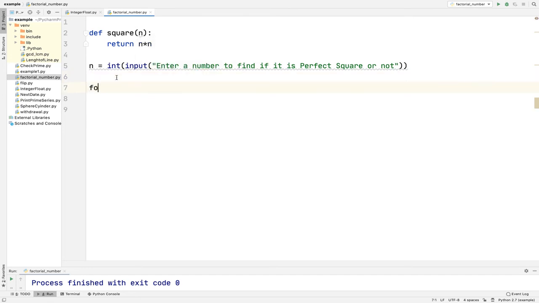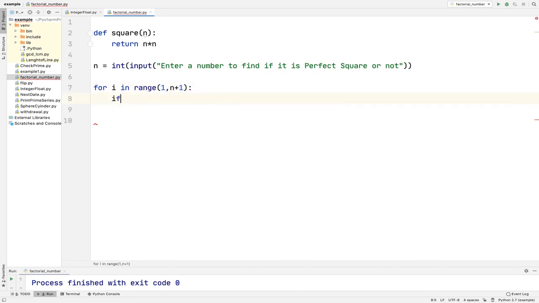Now how we will proceed? We will write a similar program for range 1 till n plus 1. In this loop we will check if n is equal to the square of I. We are finding the squares from 1 till n plus 1.